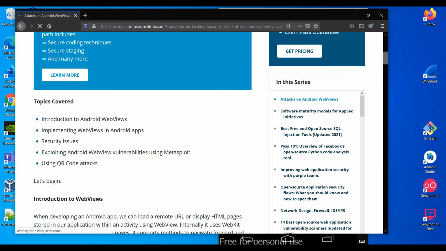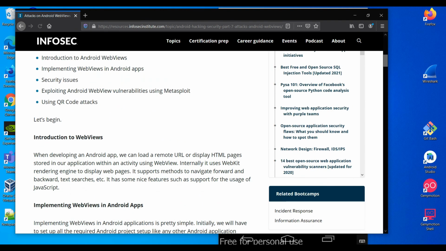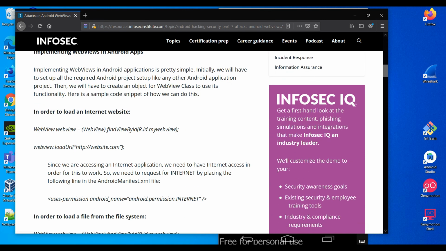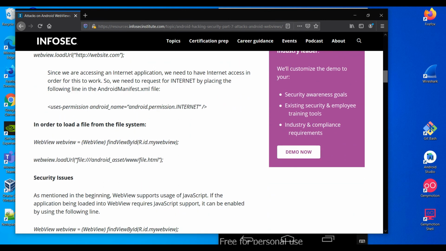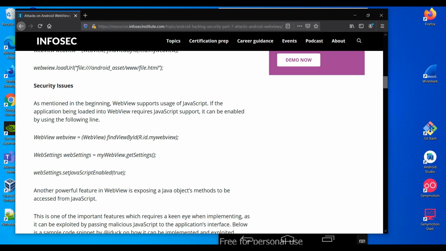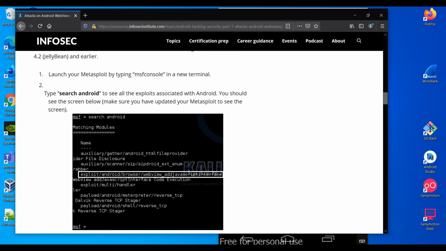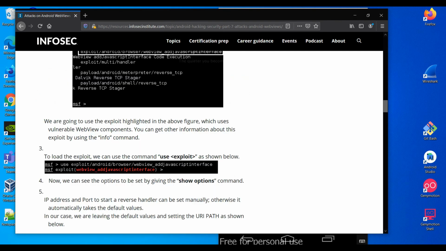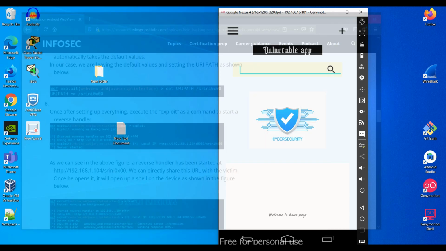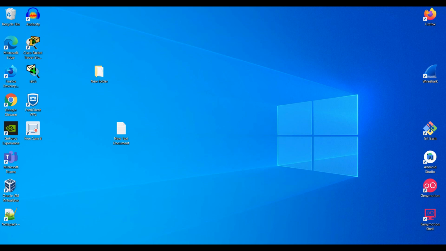So if we open a malicious page, it will be executed, and due to this your application will be in trouble. See here also, this is the flaw they mentioned, one of the major flaws. If you have this WebView vulnerability, it can be exploitable, and it will put the application in trouble. So that's all with this video.